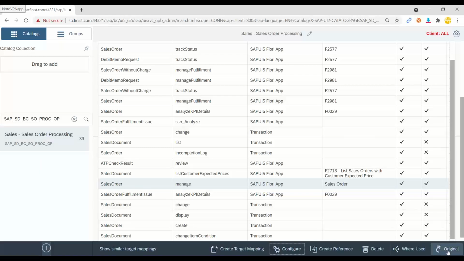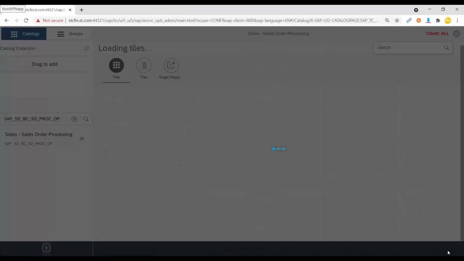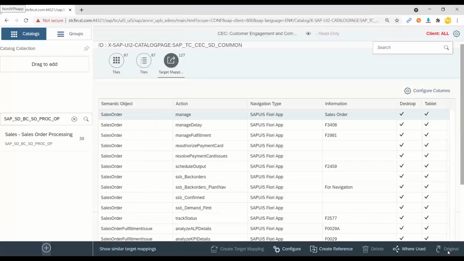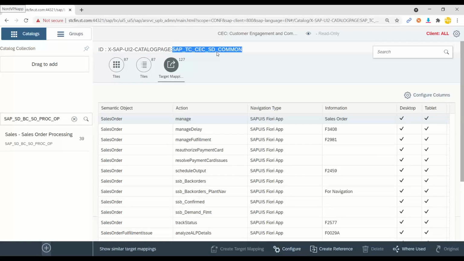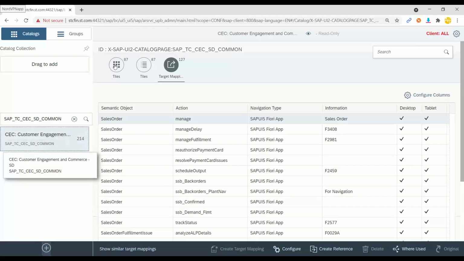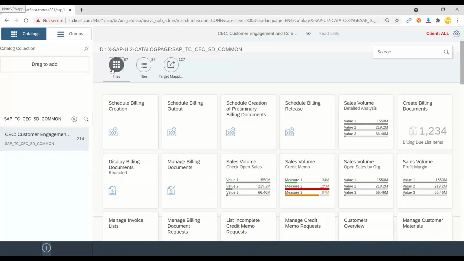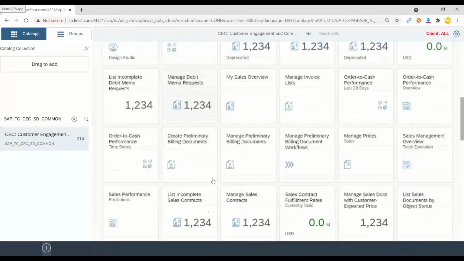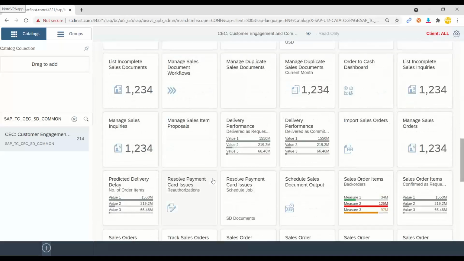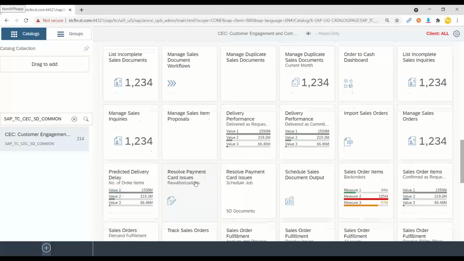So what you can do, you can say original. See this button original. You click on this, it will take you to the technical catalog where originally this is maintained. You see, this is a technical catalog of the entire sales area, SD common. So if you go to SD common, there are 214 apps inside. 87 apps and 127 target mappings are there. Almost all the sales apps are inside. Whether it is for manager, employee, accounting, billing clerk, the entire sales area